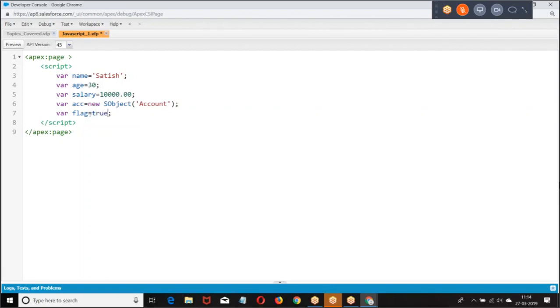Everything is defined as var. Are you clear about this point here? Every variable in JavaScript is mentioned as var.